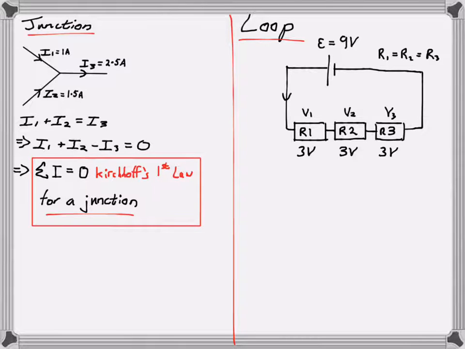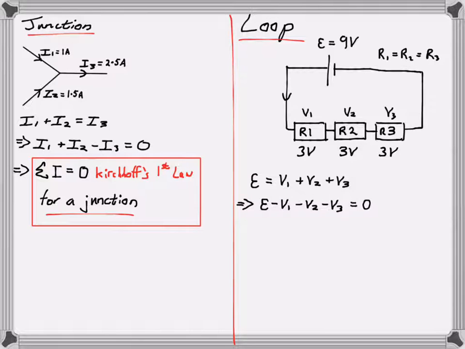Now, because they're equal value resistors, like I said before, the EMF will be divided equally across them. So there'll be a voltage drop of 3 volts across R1, another 3 volts across R2, and another 3 volts across R3. So we can say that the EMF of the loop is equal to the 3 voltages, V1 plus V2 plus V3. Or another way to say this would be that the EMF minus V1 minus V2 minus V3